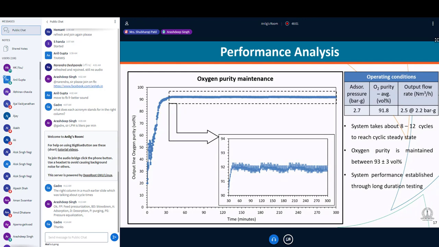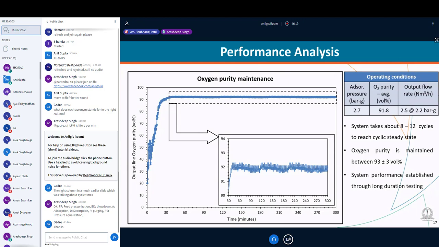and we had set our surge vessel pressure to about 2.2 bar. There are 3 points to notice. The first point is that it takes some time for the system to respond. It took around 25 to 30 minutes to get into a cyclic steady state, and I think this happens with all systems. It takes 10 to 12 cycles for separation systems to respond to a particular condition,